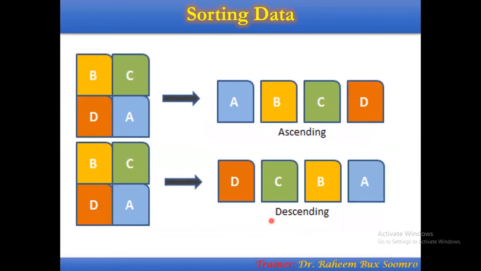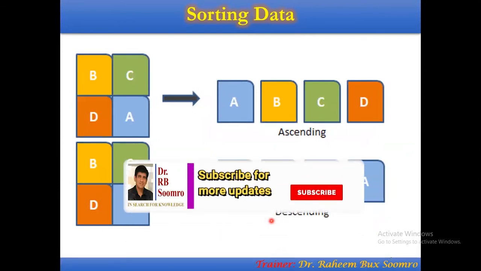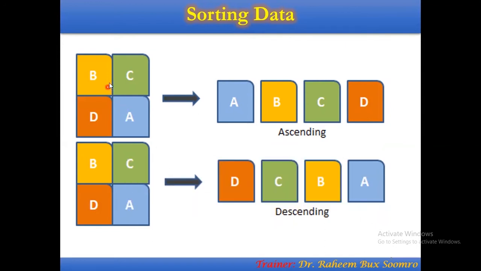Now, I think it's not a new concept, the ascending and descending orders. I think you know about all these things, but for example, this is the data, in zigzag form or unarranged. Now, how can you arrange the same data in ascending order? The alphabetical order starts with A, B, C, D. And in descending order, the same data are here, but see, it starts from D, C, B, A. Now, this is the descending order.